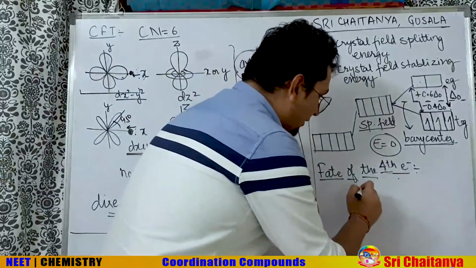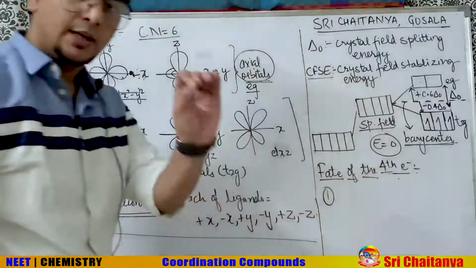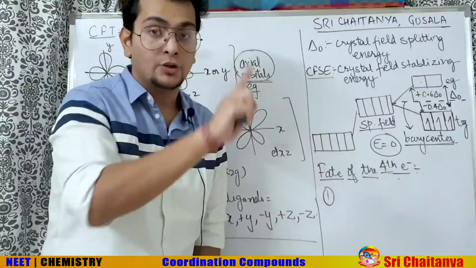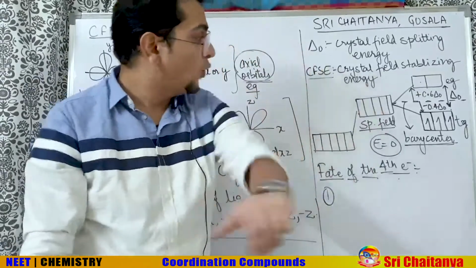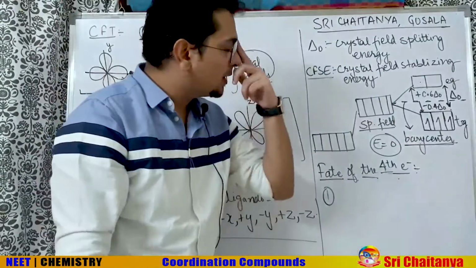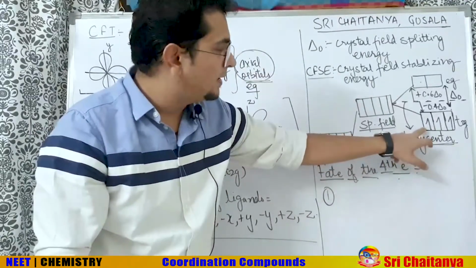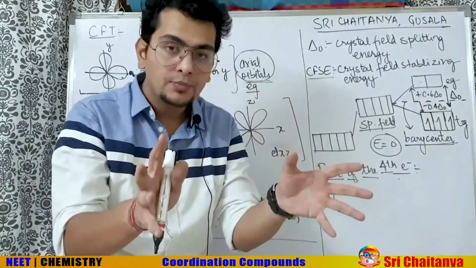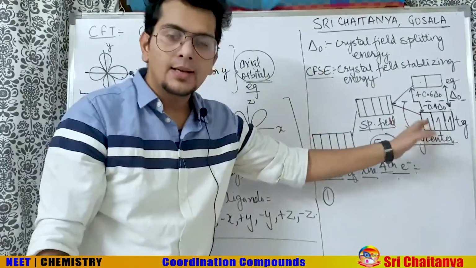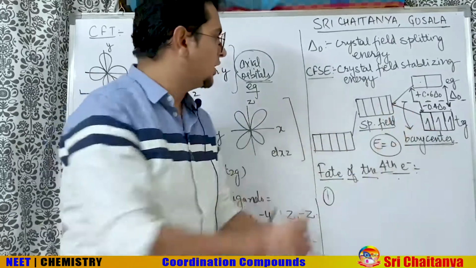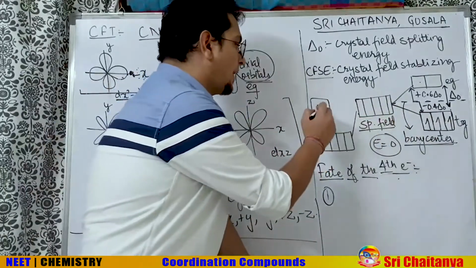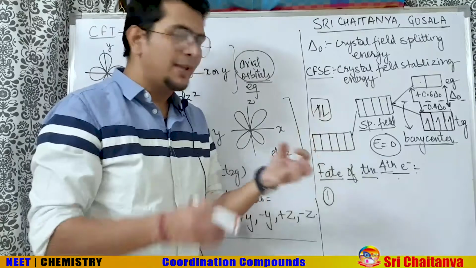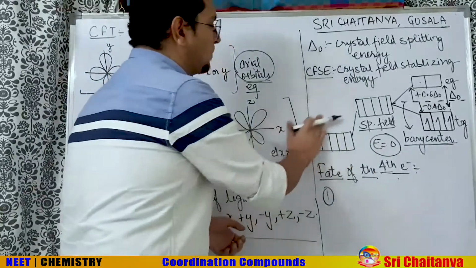But for the 4th electron, there are 2 options. Option number 1, imagine the 4th electron is very smart here. He's as smart as you people are. So you will also think along with the 4th electron. If you are the 4th electron, you have 2 options. Option number 1, you can pair at T2g. And when you are pairing, obviously these 3 electrons will try to repel you. So if you want to pair here, some pairing energy will be required. Especially when you have a box which had only 1 electron and now you are going to enter the same box, the repulsion will be more. So some extra energy will be required to pair there.